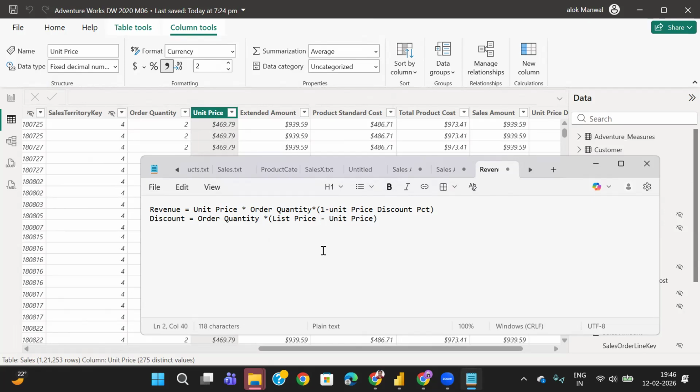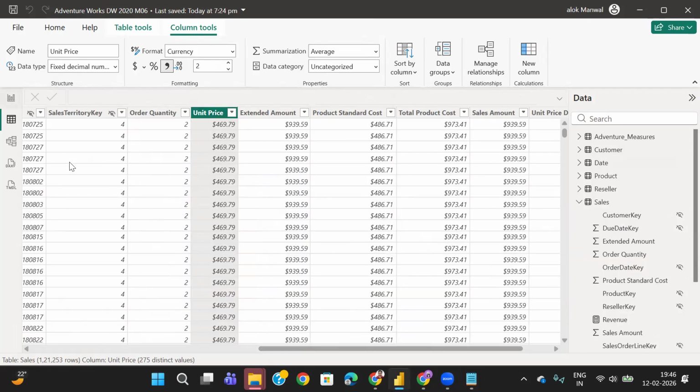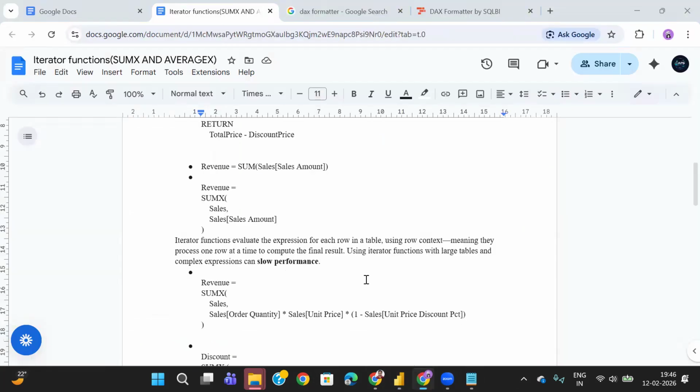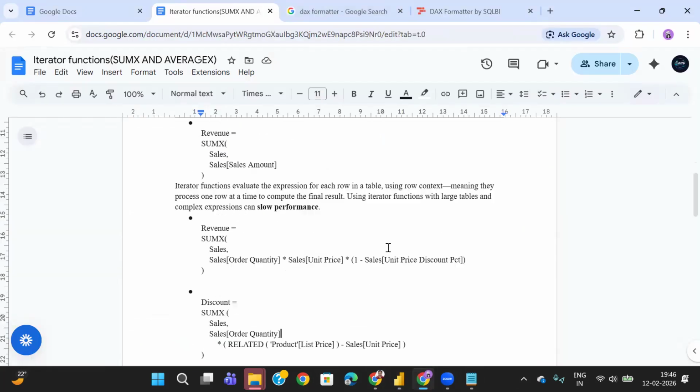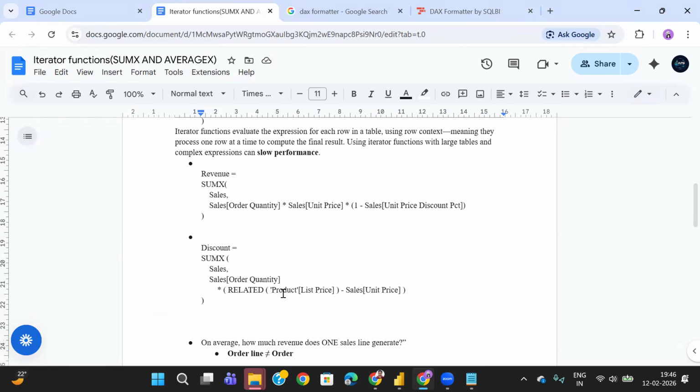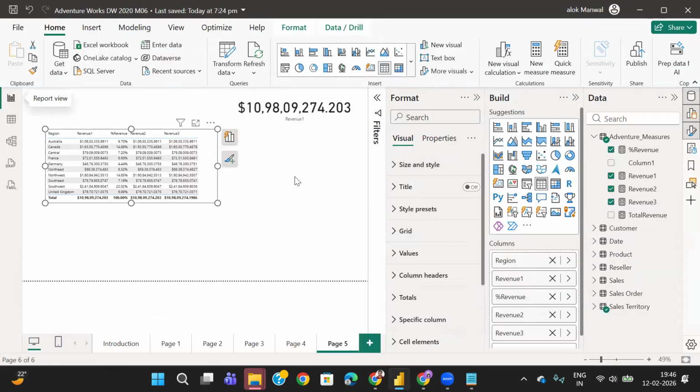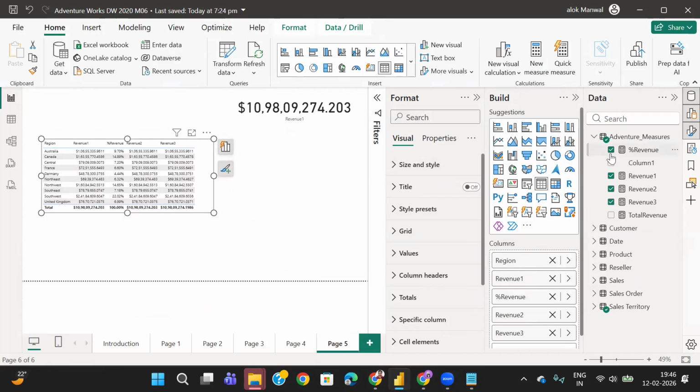What is the use case here if I'm just putting in order quantity? Unit price times order quantity, and then the list price. Let me check in my document. So it is okay because list price is from a different table. The use case would be